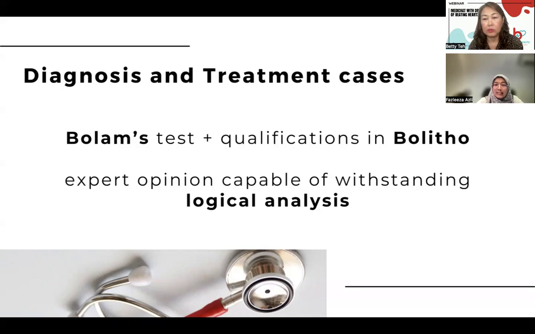But for now, this is the test which is applicable when it comes to diagnosis and treatment, because we are not familiar with it, Dr. Kuppu and his case. So later you will tell us more. Okay, great.